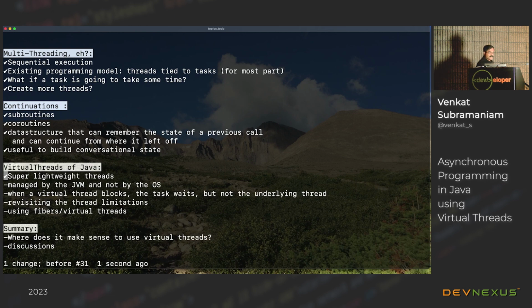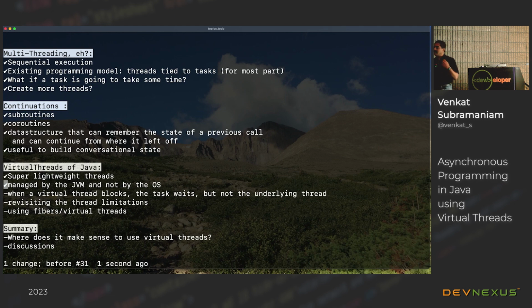But the beauty of this is the virtual threads are really managed by the JVM and not by the operating system. So when you create a virtual thread, you are not creating an operating system level thread. You are really creating a JVM level thread. And as a result, these threads, when you execute, don't block the underlying operating system thread.